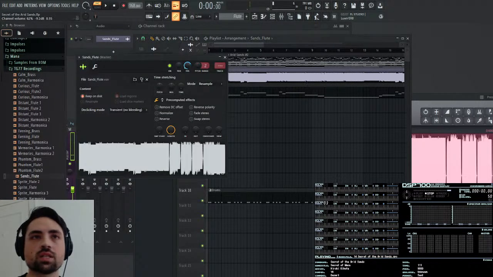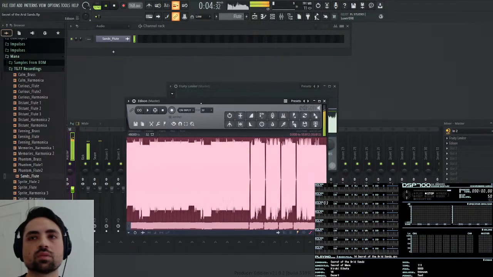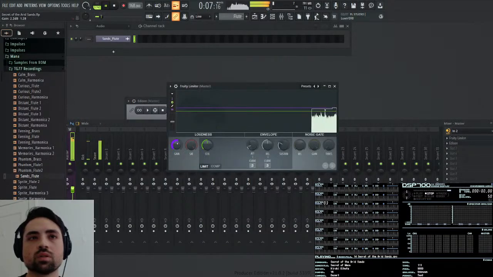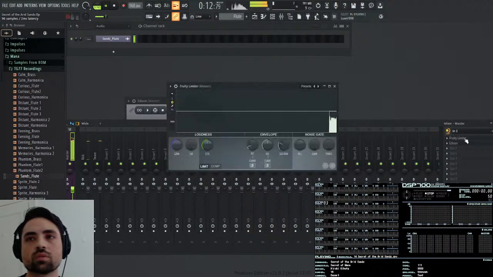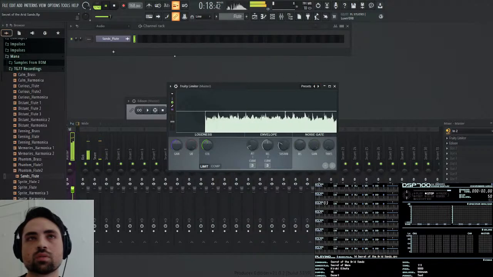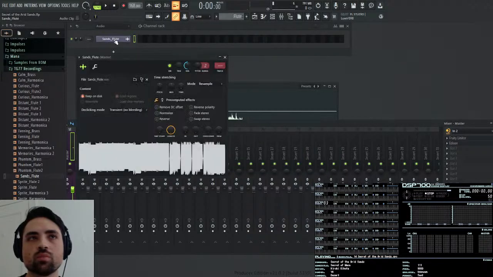So now I can take this thing down to about 50%. Wait. Oh, that's because, yeah, this is the recording. Probably going to need to take down some of the volumes there even more, maybe 40%.